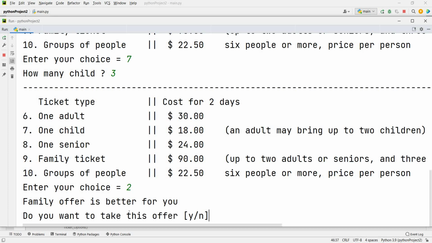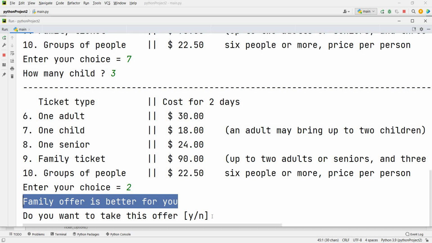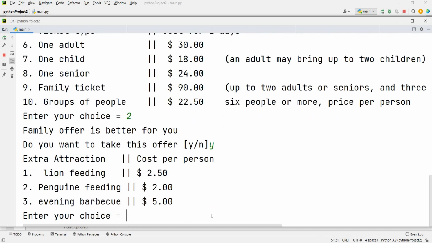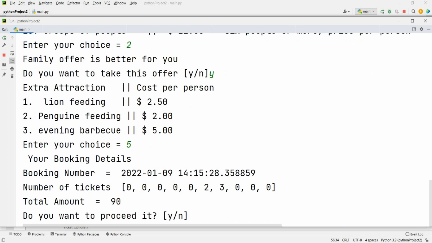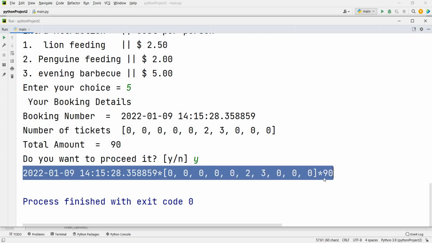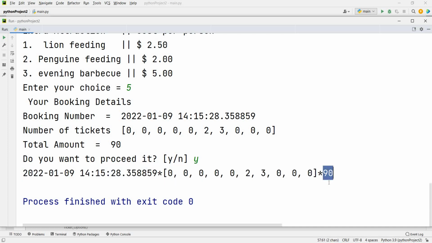No. Family offer is better for you. If you press yes, then it will give, otherwise it will reject. Yes. Any extra attraction? No. They are showing me total amount is 90. Do you want to proceed? Yes. When you proceed, it will show you your record. Total amount $90.